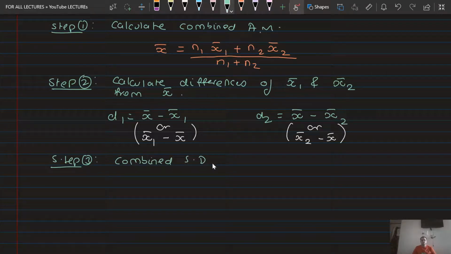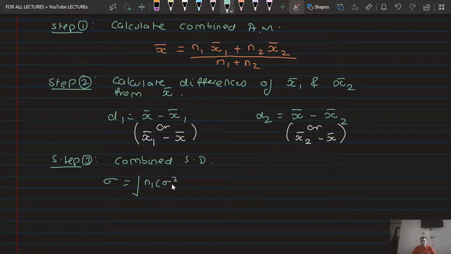Combined standard deviation. We say over here sigma is equal to. Now see, the formula is slightly big, but remembering the formula is very easy. So first I'll give you the formula, then I will tell you how to remember this formula. Okay. So the formula is